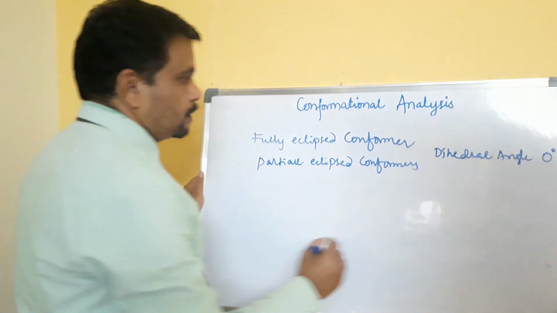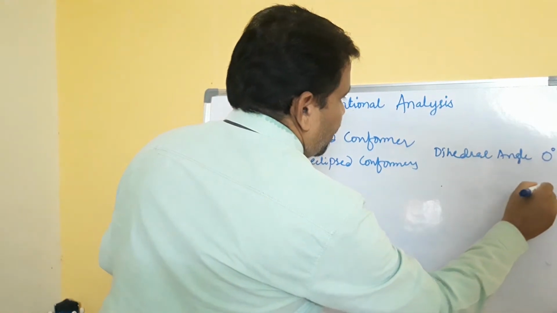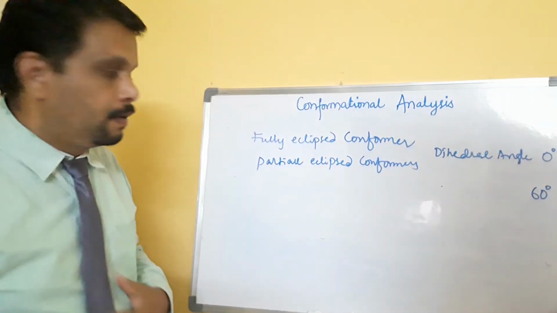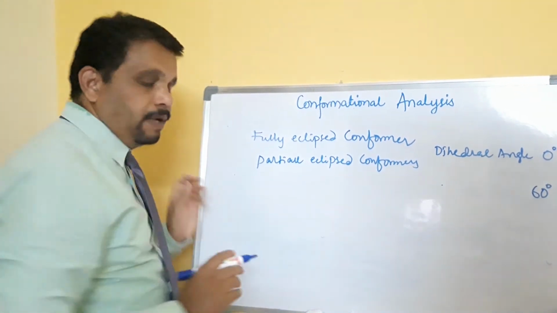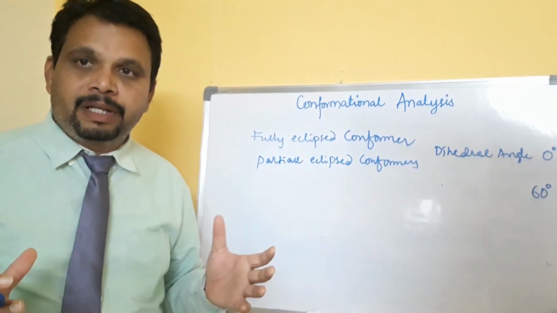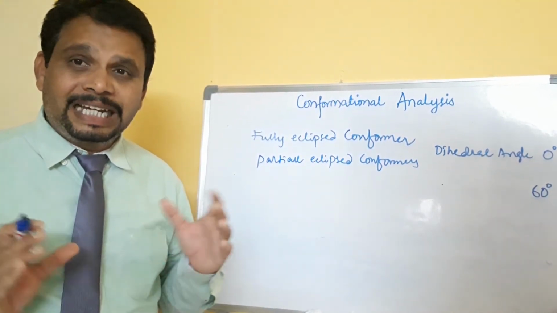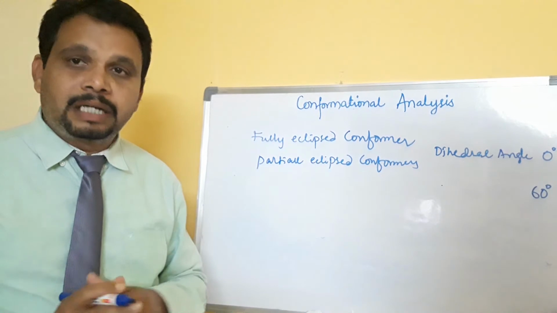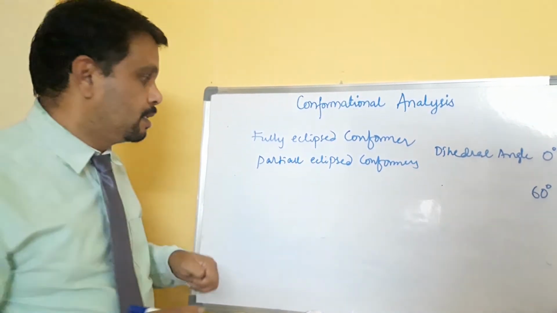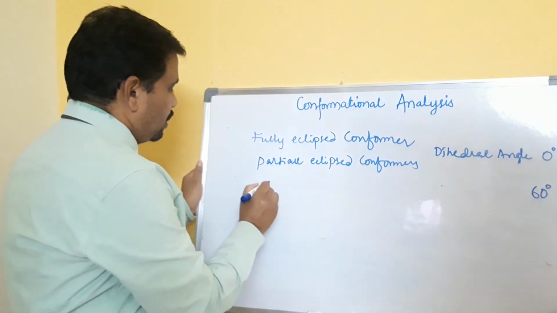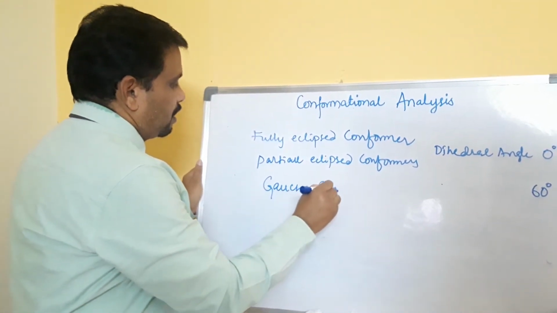Suppose the dihedral angle is 60 degrees. When fluidicial pairs, the top priority atoms or groups which are identical on adjacent carbons, have a dihedral angle of 60 degrees, they can be considered as gauche conformers.